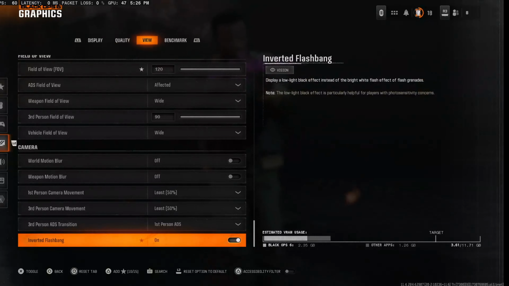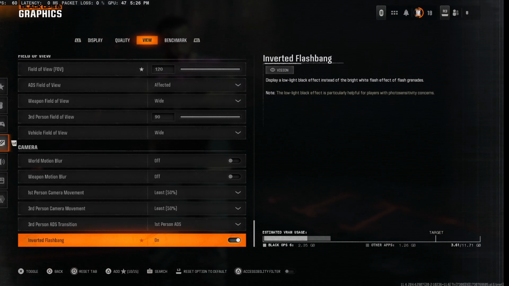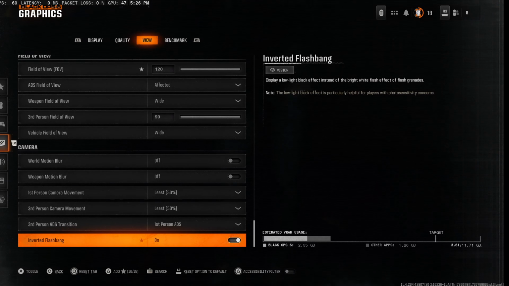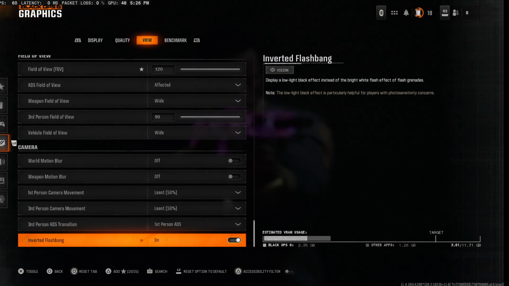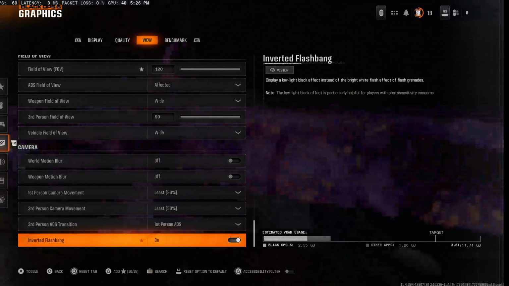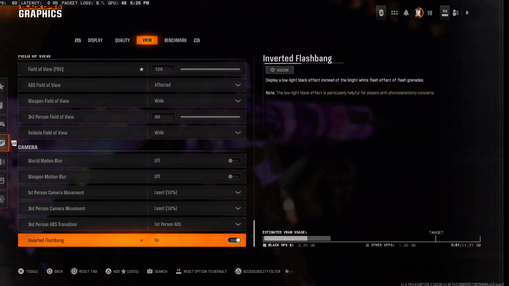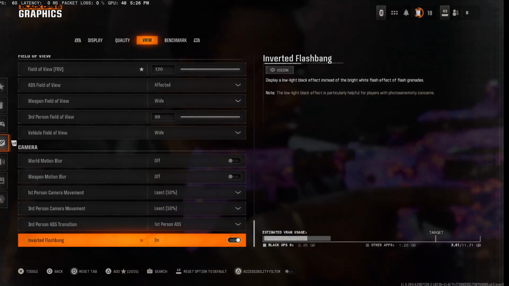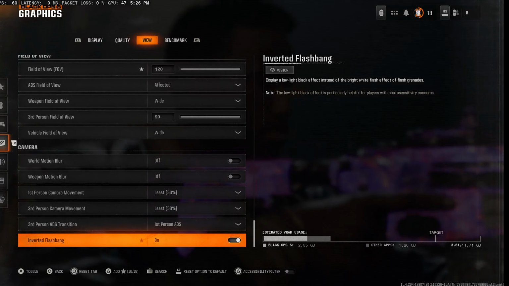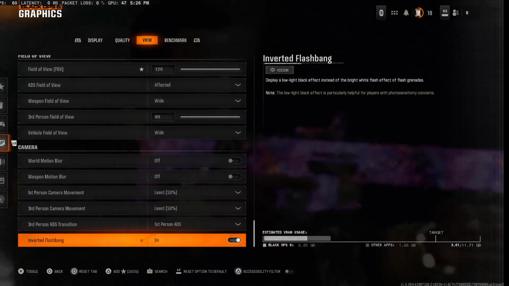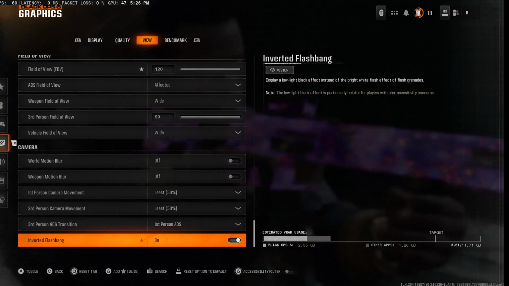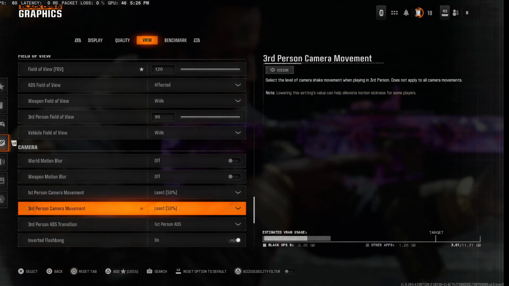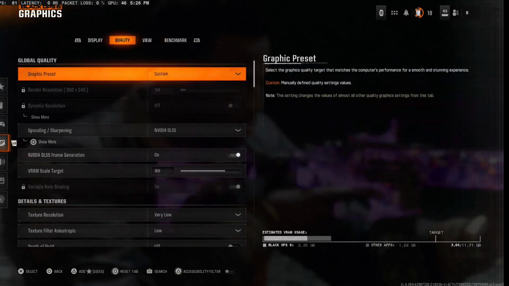This is just to change whenever you're being flashed by a flashbang, it changes the screen from white to black, so you don't get that bright flash in your face. I like it because a lot of people in Black Ops 6 love to throw a flashbang. They love it. It's actually annoying. So this actually helps with the flash not just flashing in my face. So if you want it on, you could turn it on, but if you want it off, obviously turn it off. But this is all my graphics settings, and